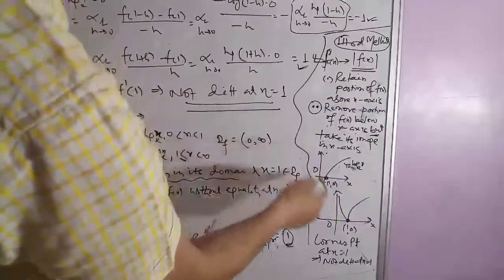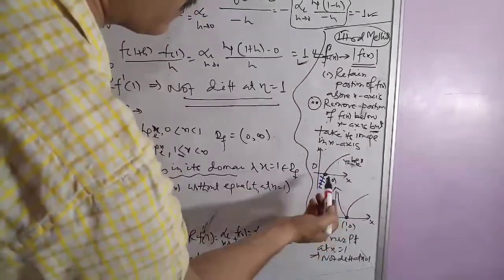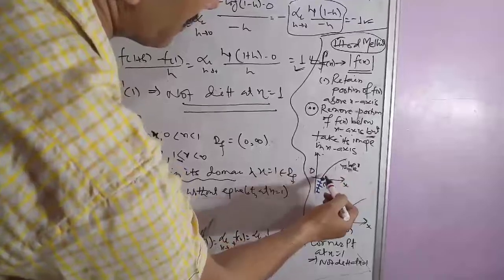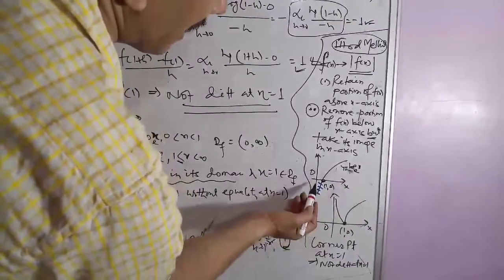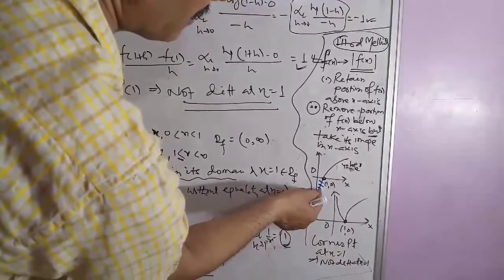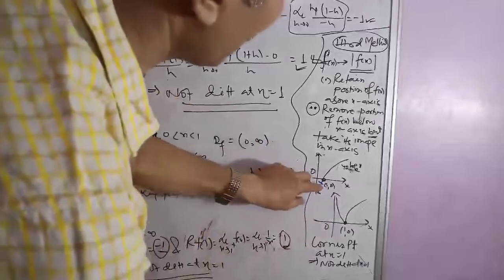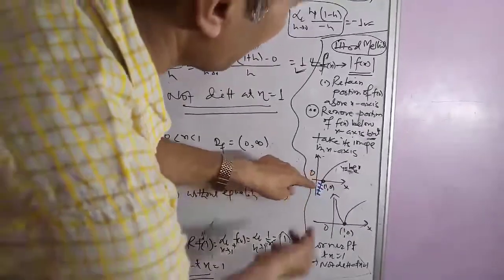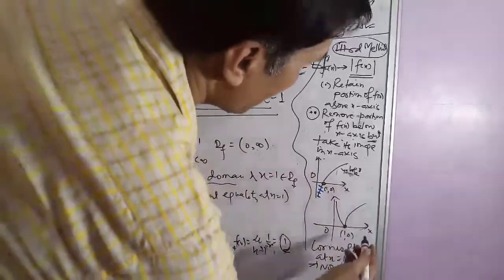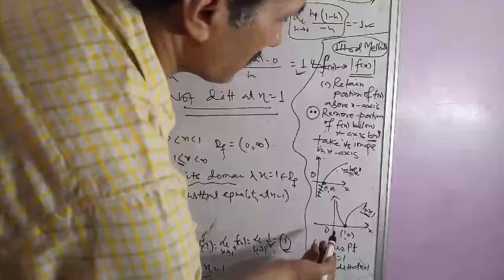in the x-axis. Here y equal to log x. We keep this portion above the x-axis unchanged and remove this portion. Finally, we take the image of this in the x-axis. We rotate about this line. This becomes this line. So this is the graph of the modulus of log x.